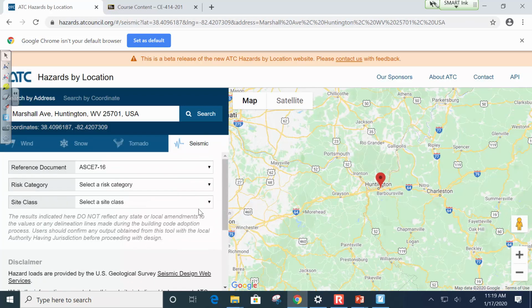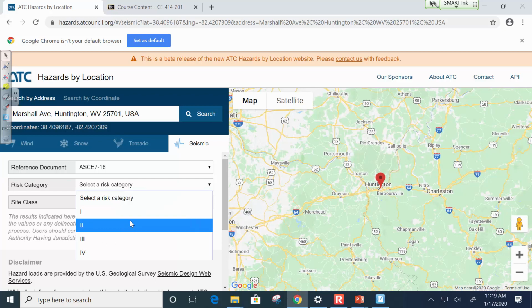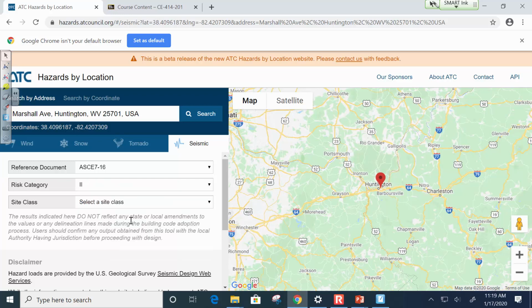Now, in order to do seismic, you actually need to know two things. You need the risk category of the structure. Okay, so the risk category, we'll say it's risk category 2, so that's just sort of a normal everyday structure,